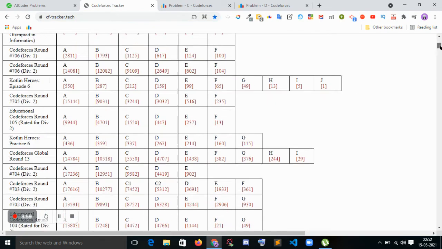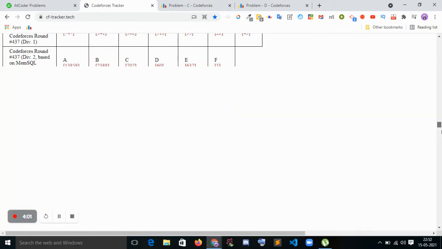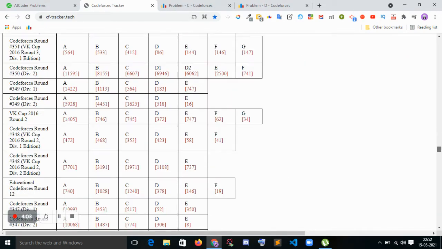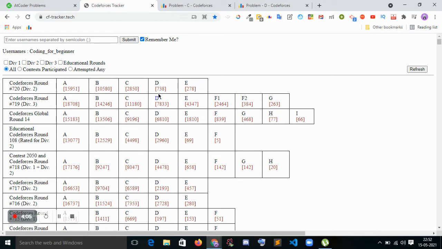You can see that I have solved A, B, C, but I forgot D. So I will upsolve D right now. This is a way you can track your progress.